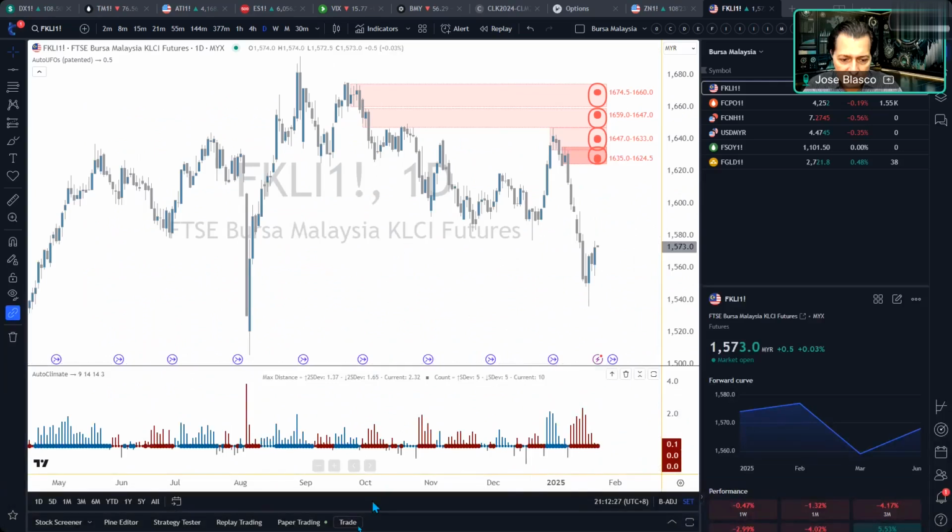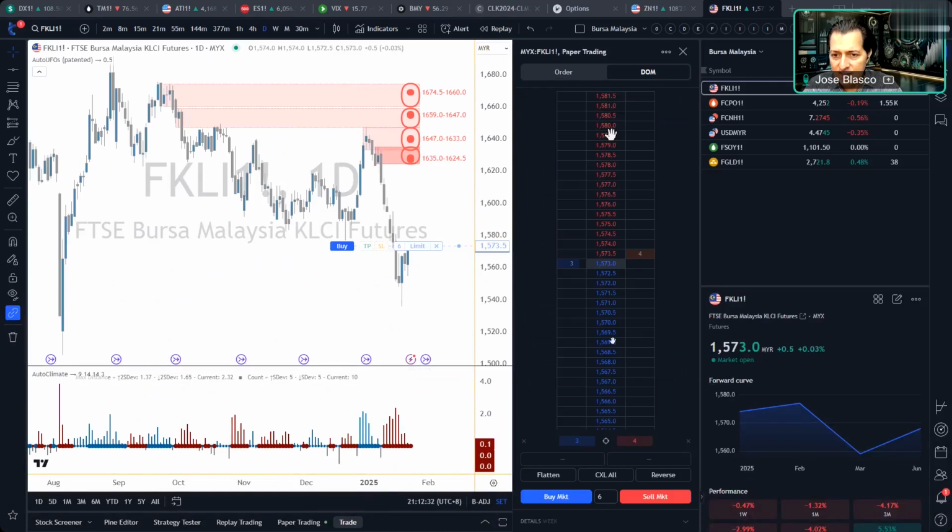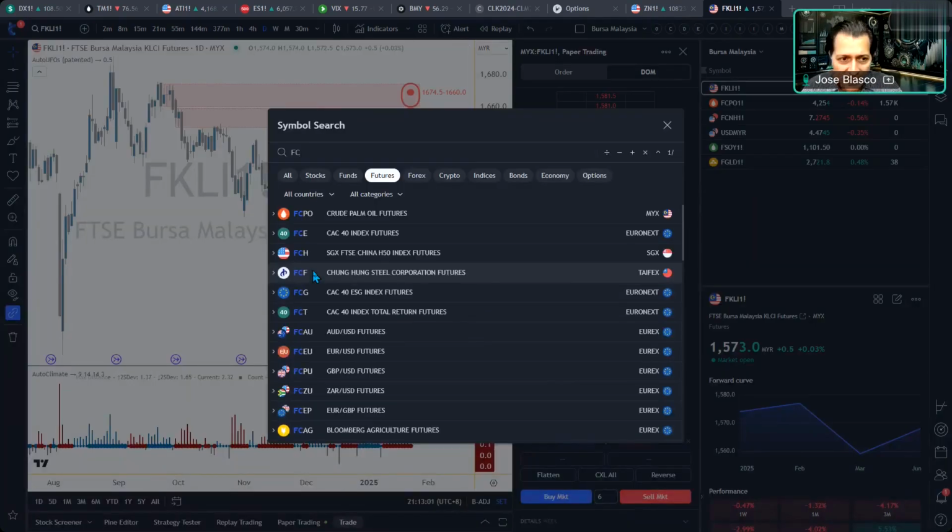Let me flash something here so you get to see this. You may have seen tools of this characteristic. We call this a DOM, right? Depth of market. So you have multiple levels. In this case, this particular market is closed, so we don't see much, but you can see there are 3 buy orders waiting to get filled at 73, 4 buy orders waiting to be filled at 73.5. I'm using TradingView, by the way, and the market I'm loading here is FKLI, which is a Bursa Malaysia contract. So again, different markets depending on the market makers available, depending on the time of the day.